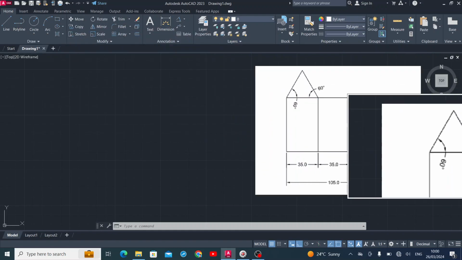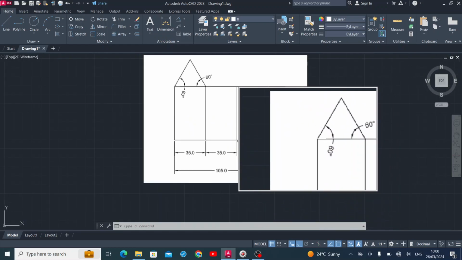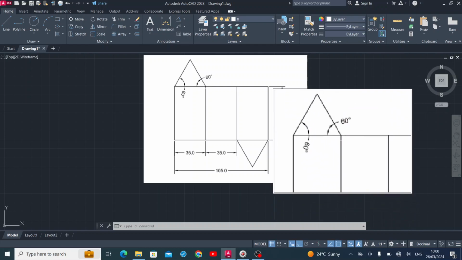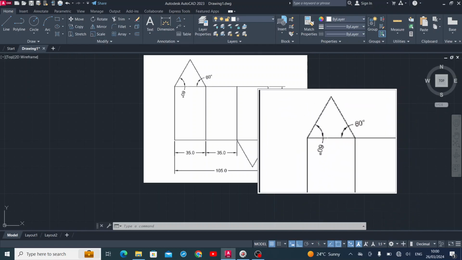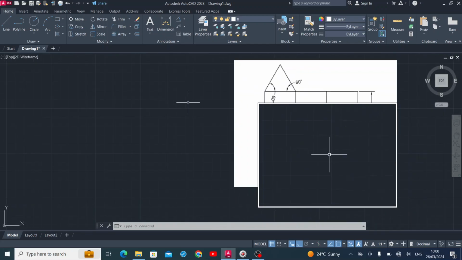In this drawing, if we draw these four lines using polyline, all of these will be treated as a single element. I will show you that. See here,